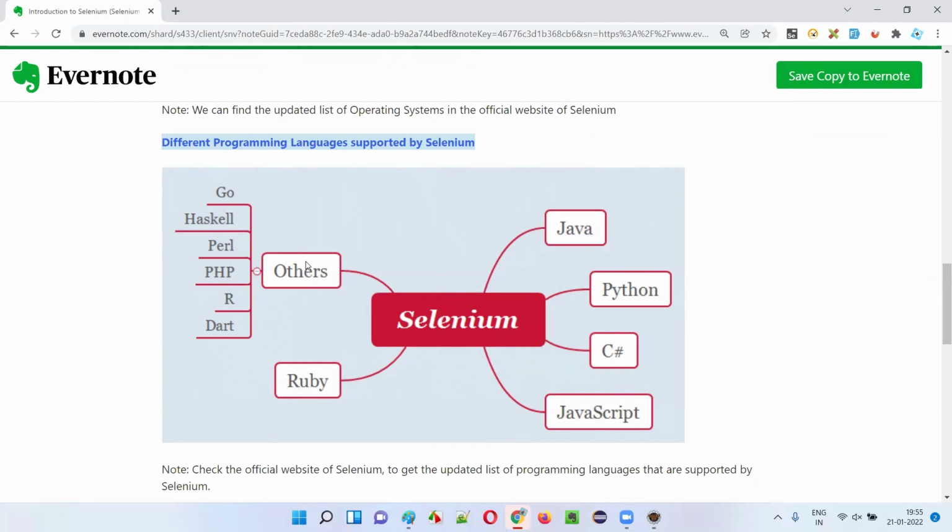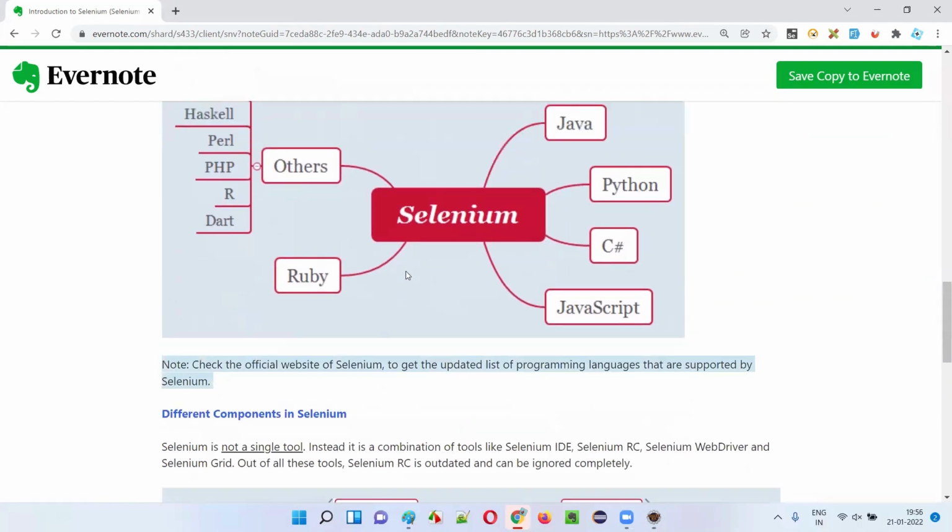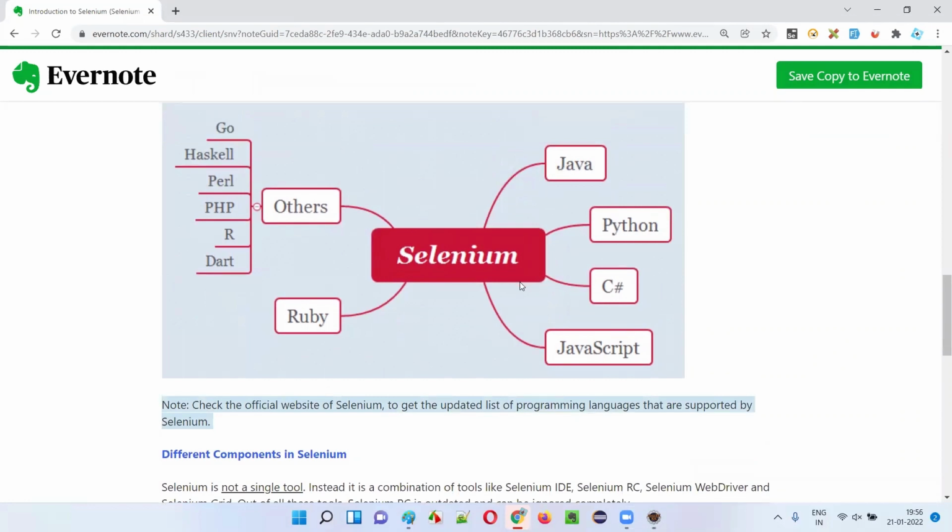These are not that major, but in the market, most of the people use these five programming languages for automating using Selenium. That is Java, Python, C Sharp, JavaScript, Ruby. Any of the programming languages we can use with Selenium, and Go, Haskell, Perl, PHP, R, and Dart are not majorly used in the market. And again, to confirm which are the officially supported programming languages,